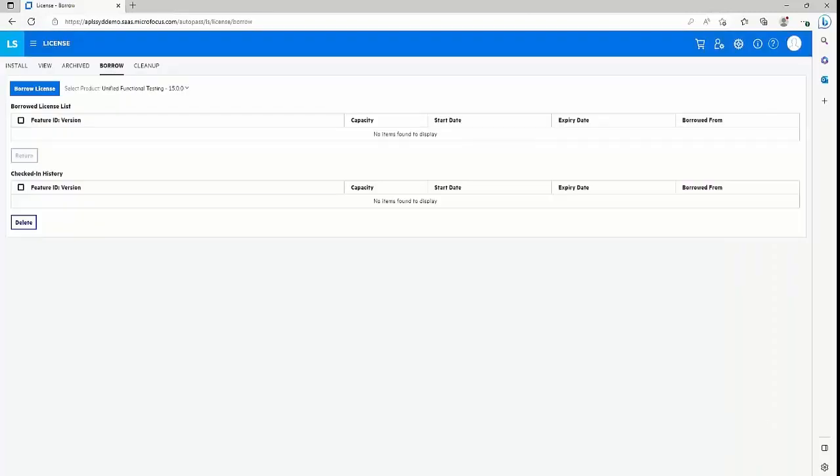Borrow. If an AutoPass license server needs additional license to fulfill a client user request for a product or feature, the AutoPass license server can borrow. The process of taking license capacity from one license server to another AutoPass license server is designed under the Borrow tab of licenses. So this is done by going to the Borrow tab, and you need to click on the Borrow License button